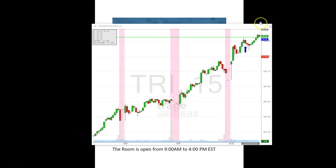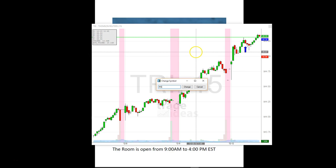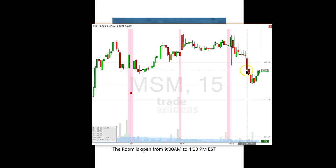Now the SPY, unfortunately, is starting to move down a little bit, so I'm going to have to be a little bit careful on this one because I think this one is definitely going to be tied to the SPY a little bit. So those are the ones. I was also in MSM from Holly. Some of these trades did not have tremendous direction. I mean, I got into this one. The Holly alert was at